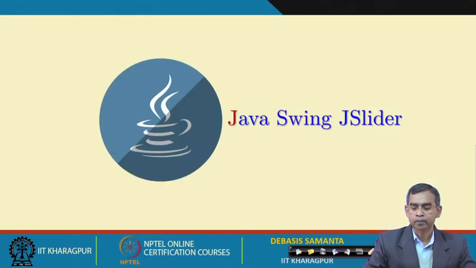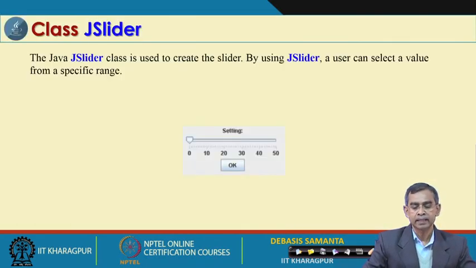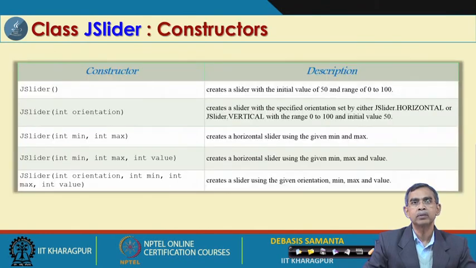And then JSlider is another example which is also new, not there in AWT, and as you see this is the usual look of a slider. Using the mouse you can select the slider and drag it to show the position that you want to have. This way different values can be entered into the system, and if you press OK, at the position where the slider has been released, it will get the same value and return it to the system.